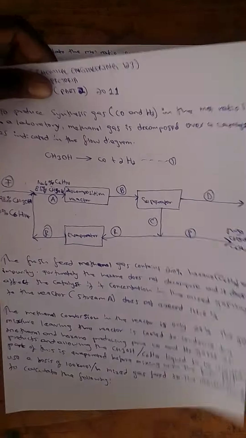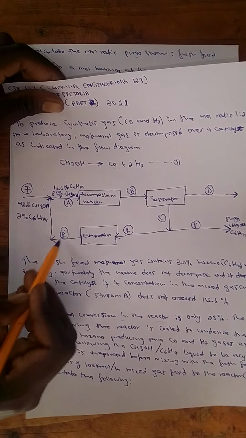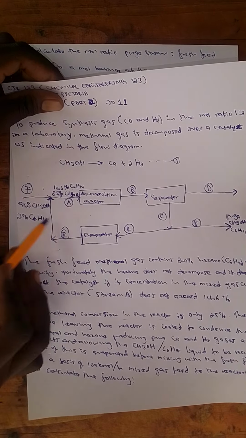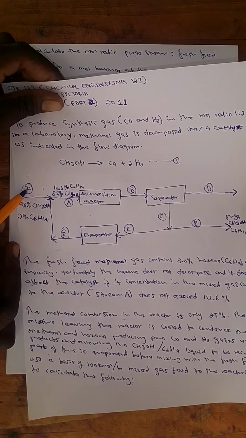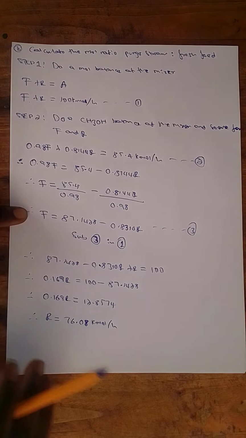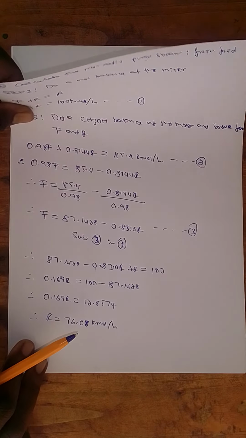So this is actually R here. So now we know how much R is. So when we know the R, it's easier to actually calculate the F. Why? Because remember, we have the F here in terms of R, so we can just move further to say from equation 3, F is equals to